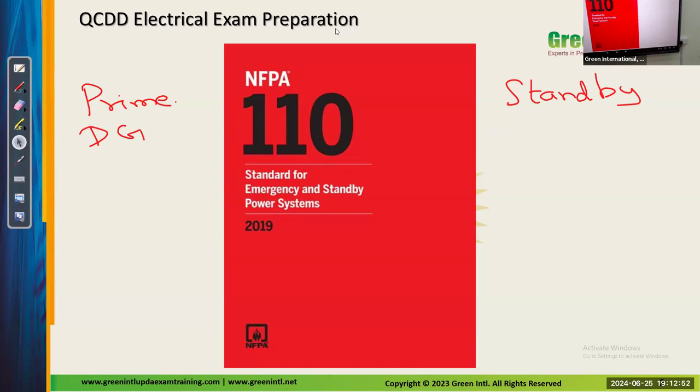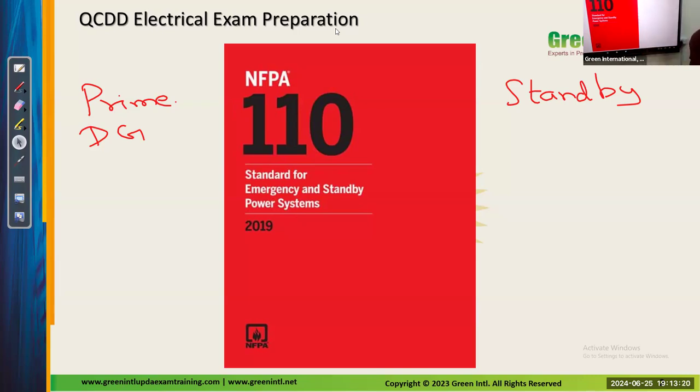In the prime generator, we know what the actual load is. And we know when we need that power, 7 a.m. to 5 p.m. or 10 a.m. to 7 p.m., whatever the regular basis is. On the other hand, we have another generator. In the BOQ, we keep it in the cost sheet. In the cost sheet, we prepare the prime generators.